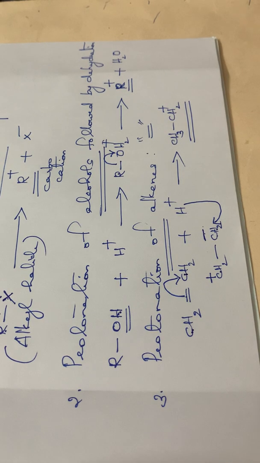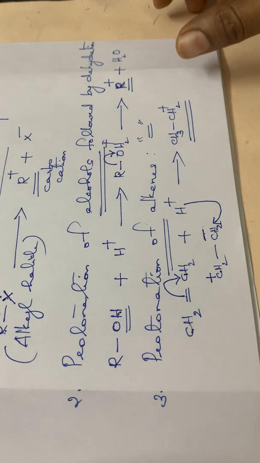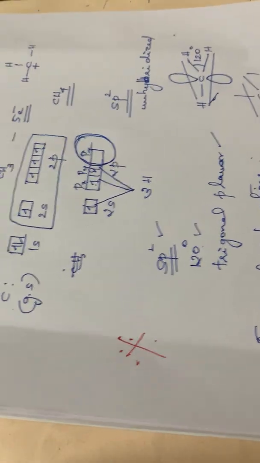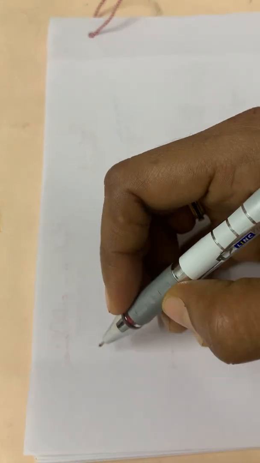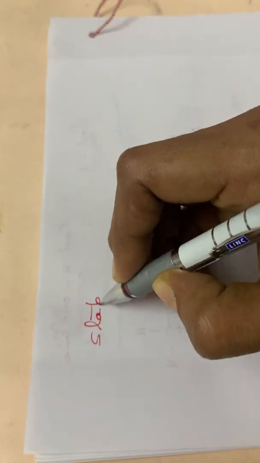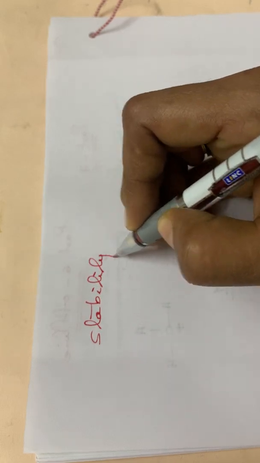This part is very important. It might be asked in your essay part. You have to describe what you mean by carbocations, what the geometry of a carbocation is, how carbocations are formed, and also give an account of the stability of carbocations. You should not skip these portions. It is very important for your university examination. Next we can go through the stability of carbocations. This part is also very important. It can be asked in C part or D part.